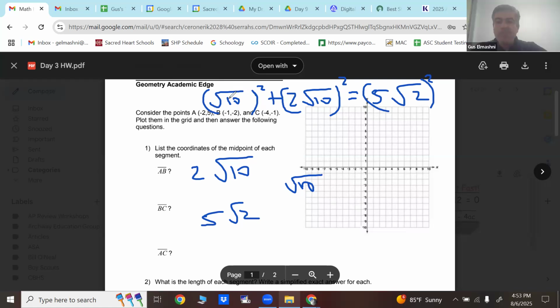Oh, cool. Nice. Anyway, if you would do Pythagorean theorem here, you get 10 plus 40 equals 50. So 50 equals 50, and there you go. So that's going to be a right triangle. That's what we generate here. So if I plot the points again,